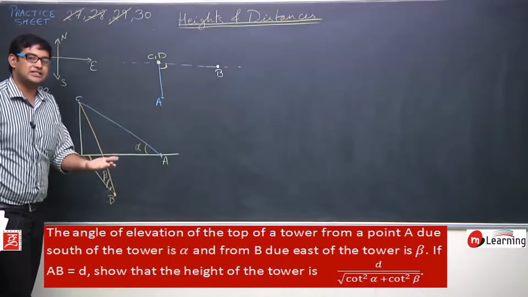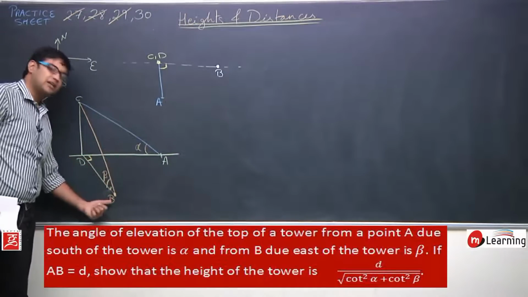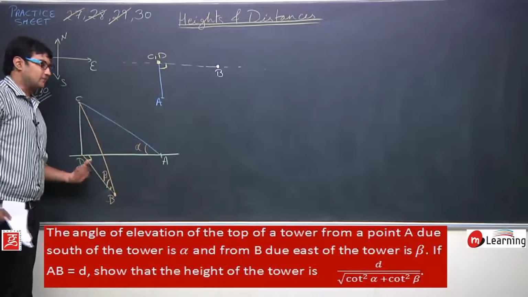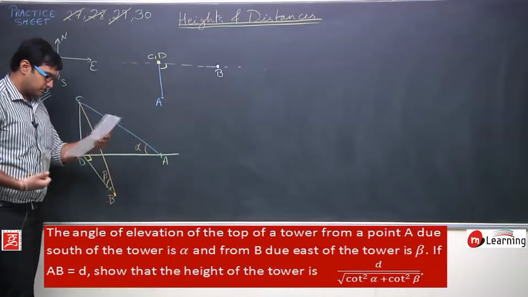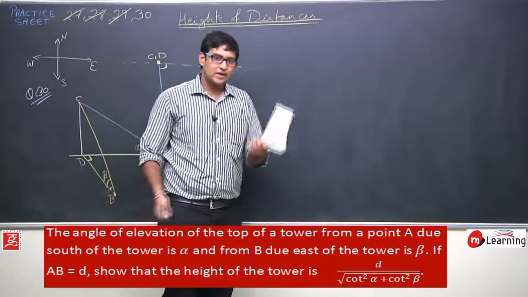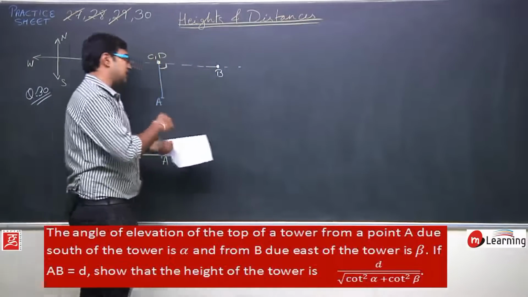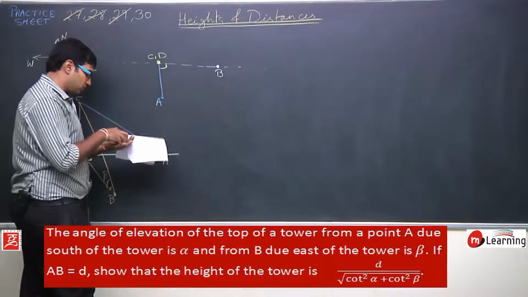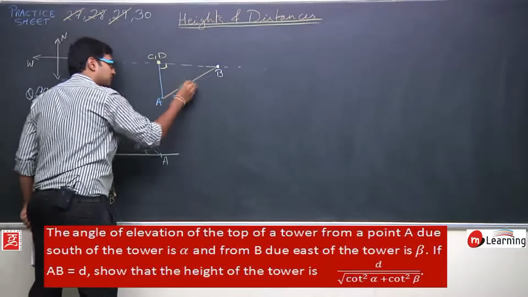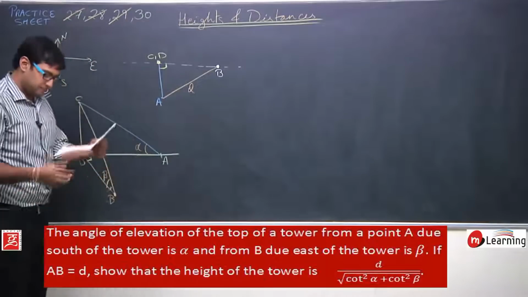Okay, मैं हवा में नहीं बना सकता. That's why I have drawn this here. So I have this as 90 degree. Now what is given? If AB is equals to D, what is AB? Let us mark AB in the top view. From the top view, I can see this is the AB, this is D, this is given as D.